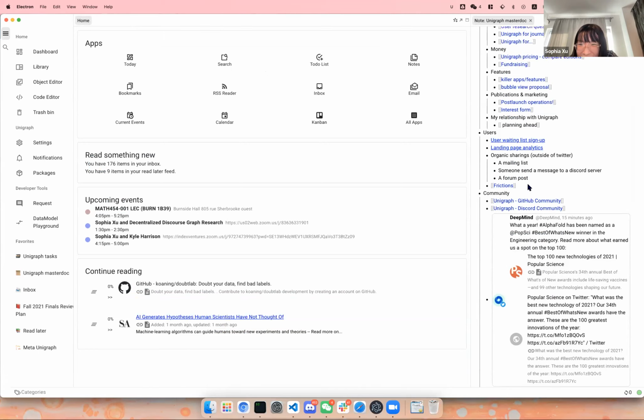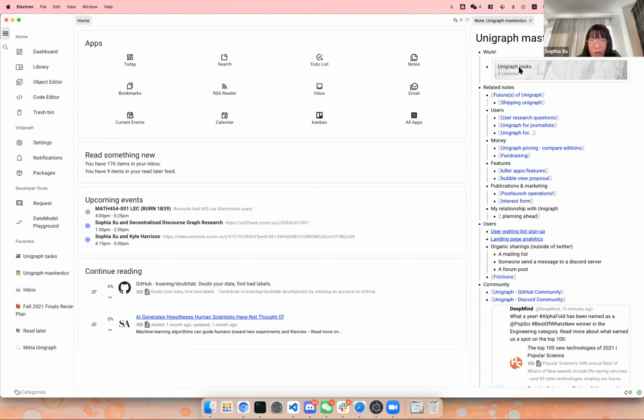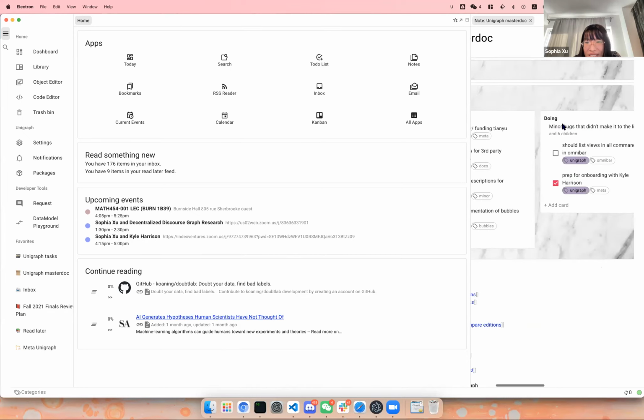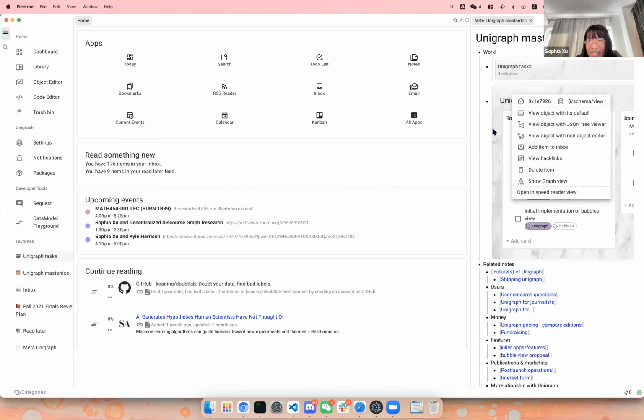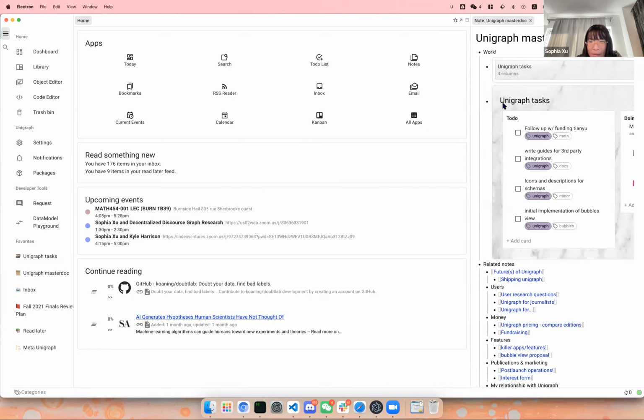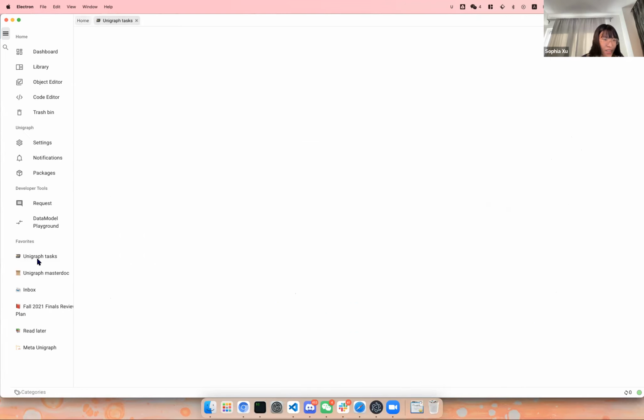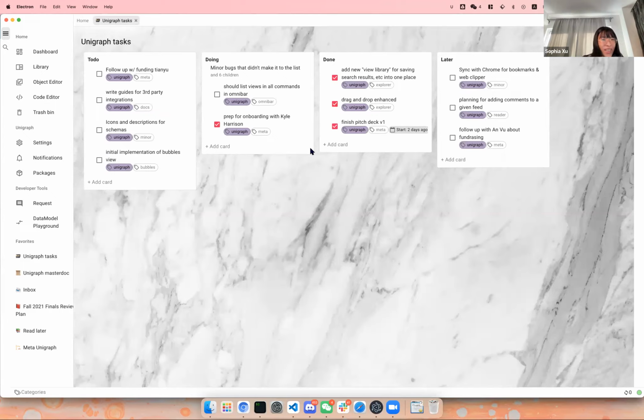And also, this is, for example, a Kanban board embedded in this master document, but you can also have a more traditional Roam-like Kanban board embed just by doing this. This is what you do in Roam. This is a Kanban board, but instead this is just an embed of a node. All the blocks do not live in this block. Everything is standalone. And if you go in here, this is the Kanban board.